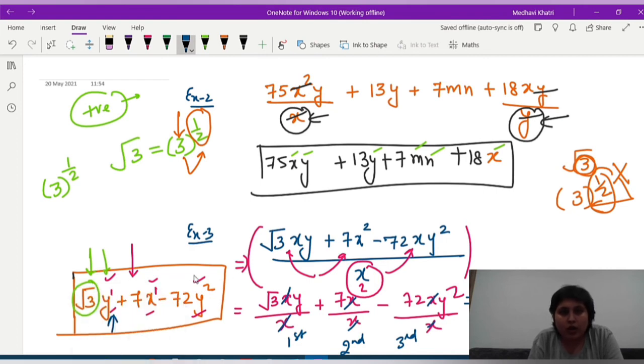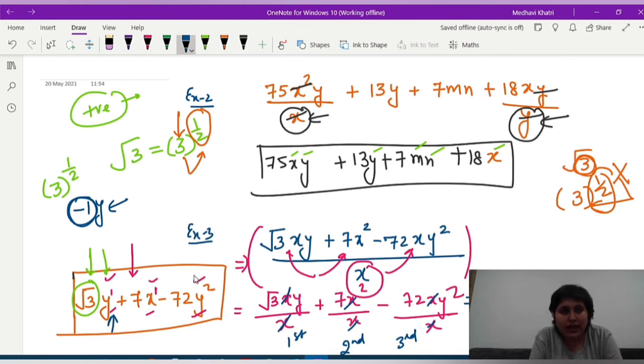We are not at all worried about the constant's powers or what is the value of the constant given. Suppose I am writing here like this, minus 1 y. I am not at all looking at whether the constant is a negative number or what is given. I am just checking the power of this variable, whether it is positive or negative or any root is there or not. So please make sure that you are just checking the variables' powers in the case of polynomials and you are not concerned about the constants.